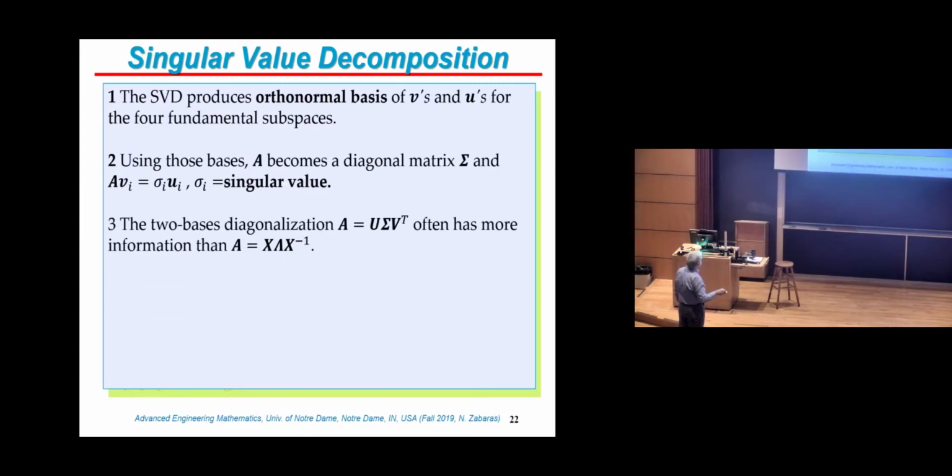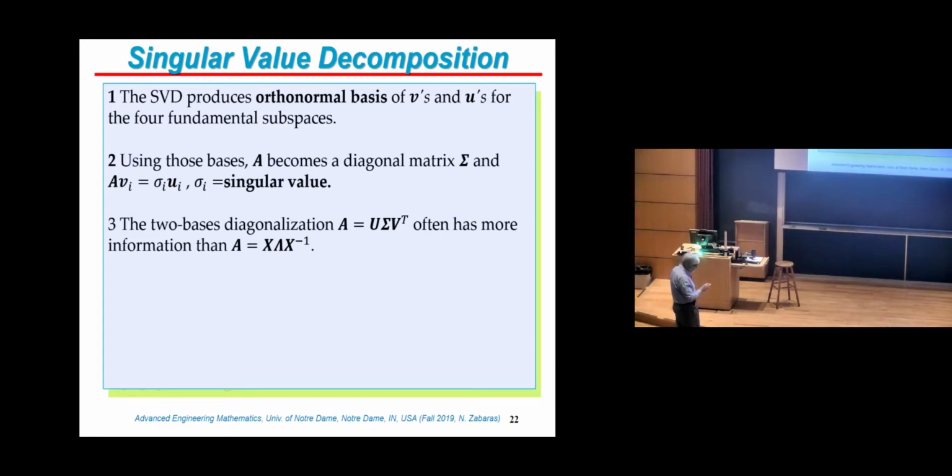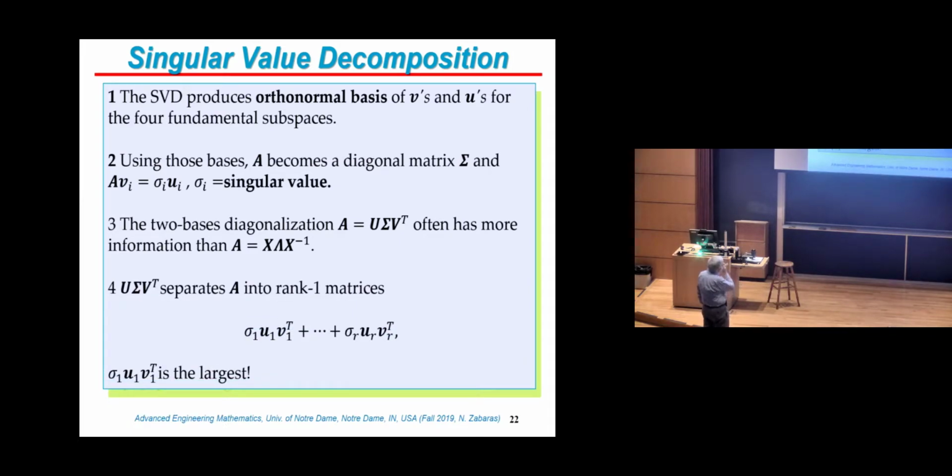So the decomposition has two bases to do this diagonalization. It looks like our spectral theorem, right? So A becomes a diagonal matrix sigma, but basically we need two sets of orthogonal matrices U and V. So we need to figure out how we compute those. And because sigma is going to be diagonal,